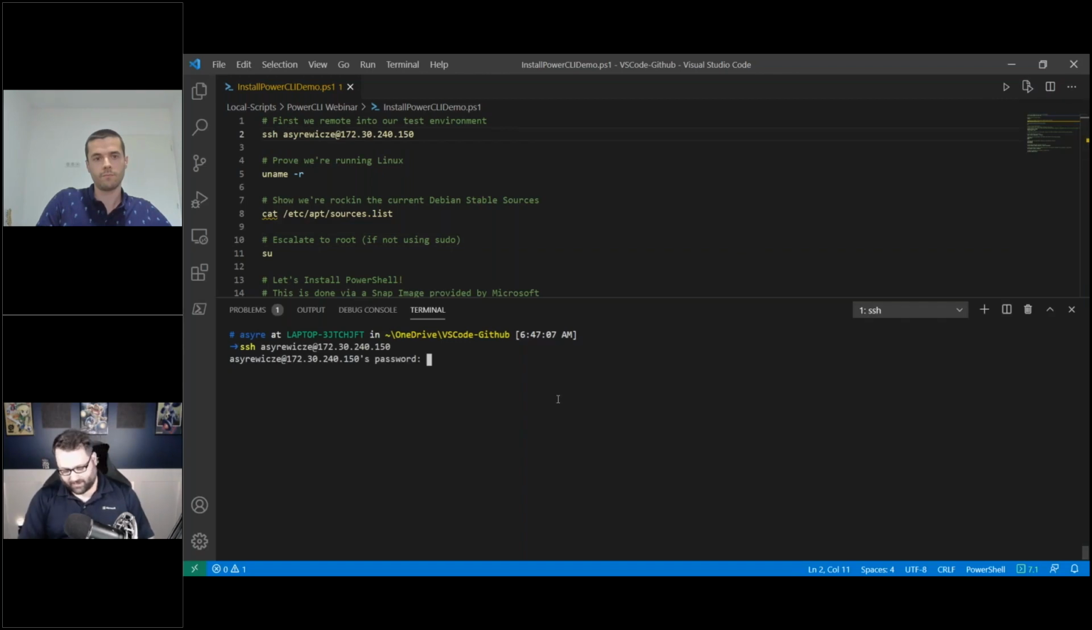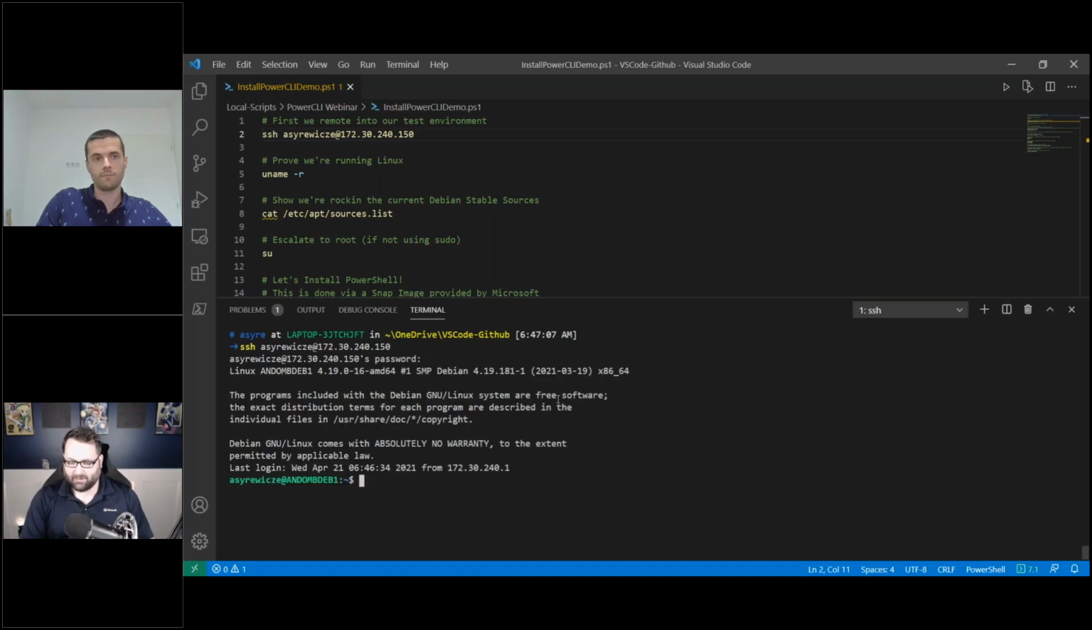And let's hope I don't fat finger the password. Yay, I didn't. Okay. And then just so you know, there's no smoke or mirrors. You see, hey, it's Debian Linux. So this is actually Debian version 10. Just so you know, there's no smoke or mirrors here. Here's the kernel version is